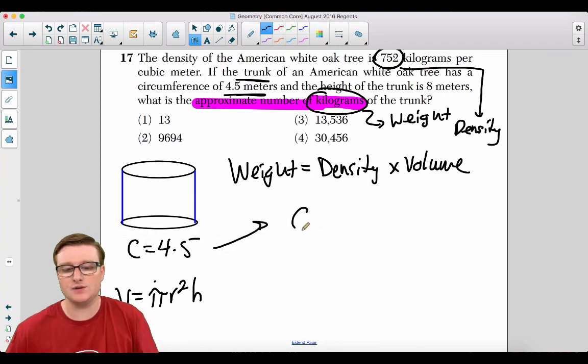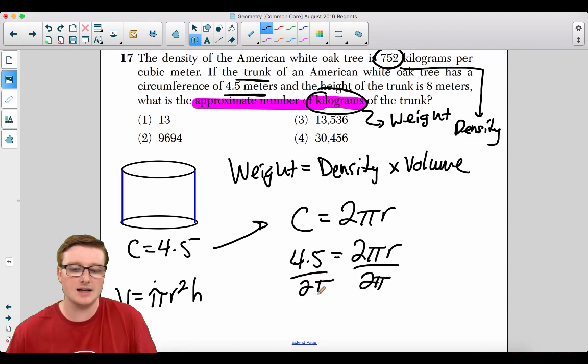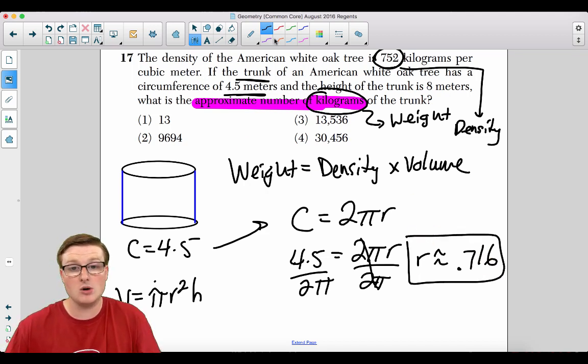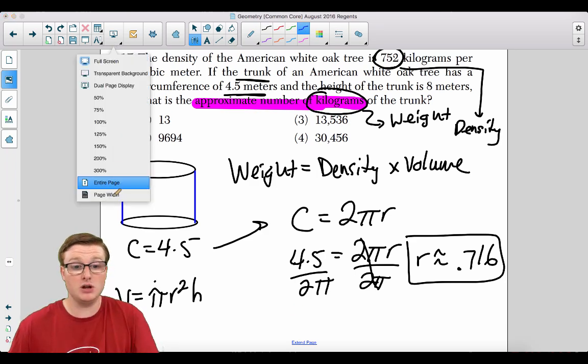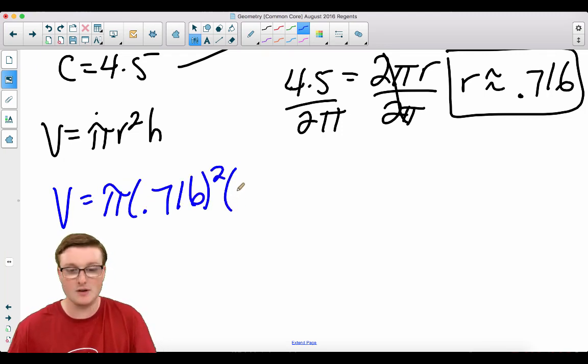You know that the circumference formula is 2 pi r. We could solve for r if we're given the circumference. So if we're given the circumference of 4.5, we could set this equal to 2 pi r and solve for r. So if we divide by 2 pi on both sides, we get r is approximately equal to, now if you type 4.5 divided by 2 pi in your calculator, you get 0.716. That's the length of your radius, ladies and gentlemen. So now I am going to plug in my radius into my volume formula. So volume is equal to pi times the radius of 0.716 squared times the height of 8. They tell us that the height is 8. The volume is now approximately equal to